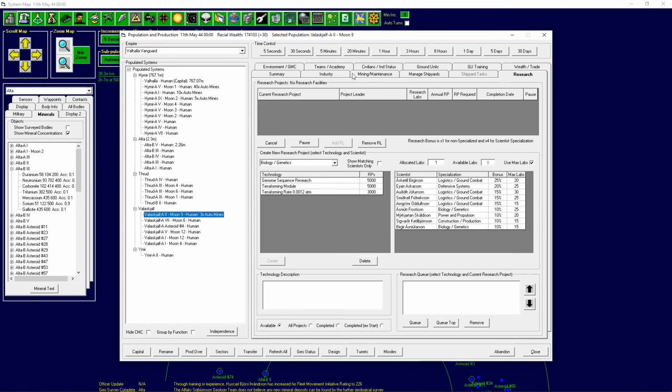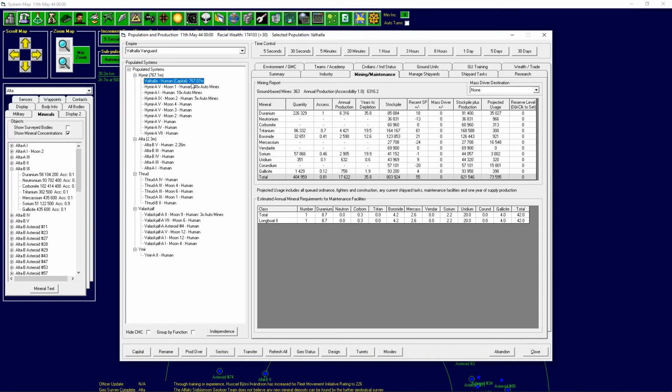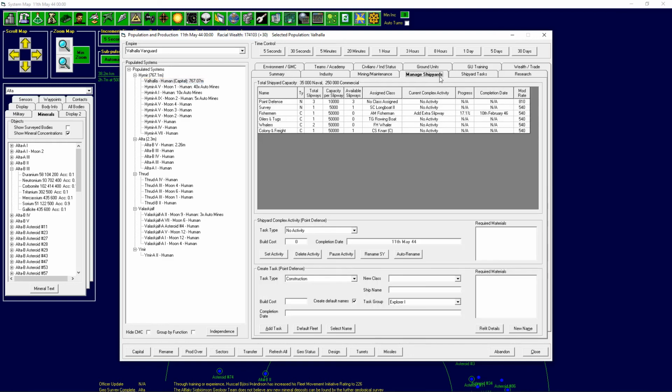Oh, we got another automated mine here, so the annual production is now 300 tons. The total mining that we are doing is dropping quite a bit right now, which is one of the reasons we do need more freighters. Speaking of which,